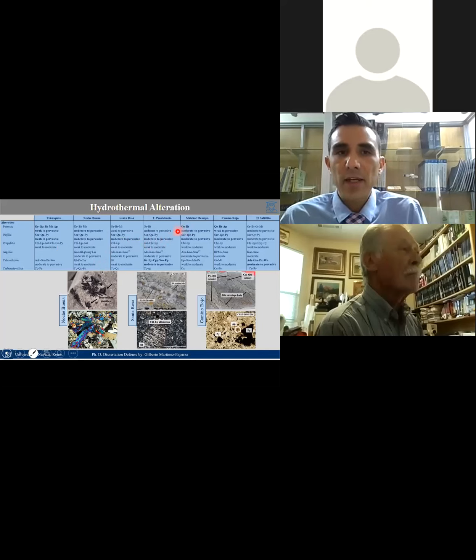At Providencia, the main alteration related with the mineralization is QFP, whereas also important alteration related with skarn mineralization is, of course, the calcilicate alteration. At Melchor Ocampo, the best hydrothermal alteration that enhances the mineralization is the potassic alteration, the same thing, overprinted by phyllic alteration. Although superficially there is some evidence of calcilicate